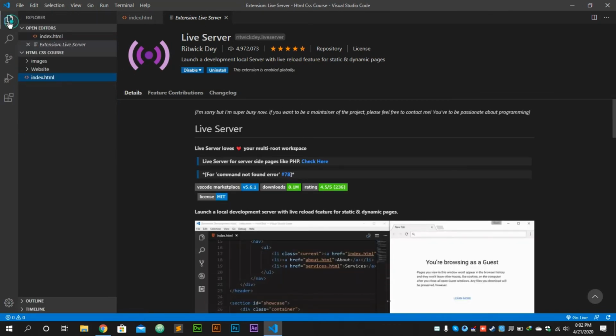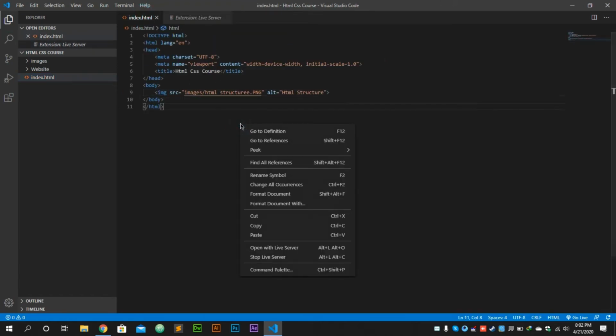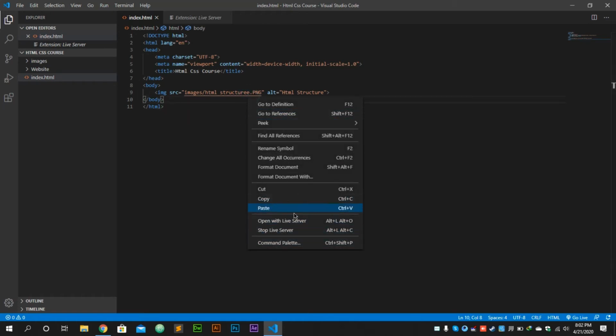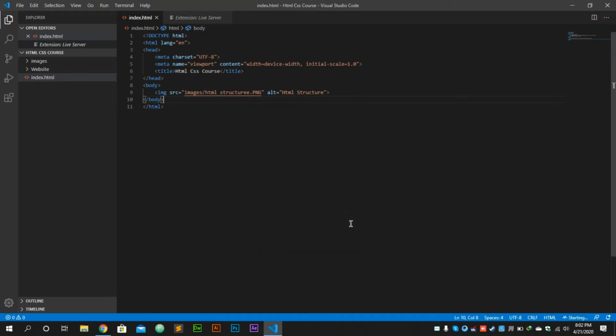When you install it, in the index file or any HTML file, when you right click, there is an option of open with live server, or you can use alt plus L, alt plus O. When you hit this, the live server will open.